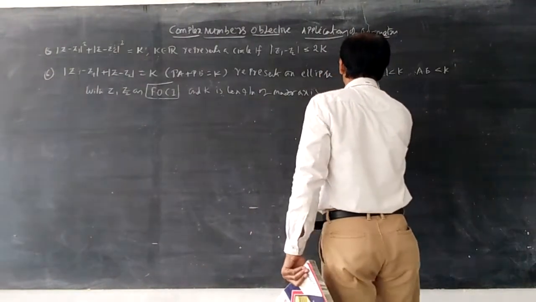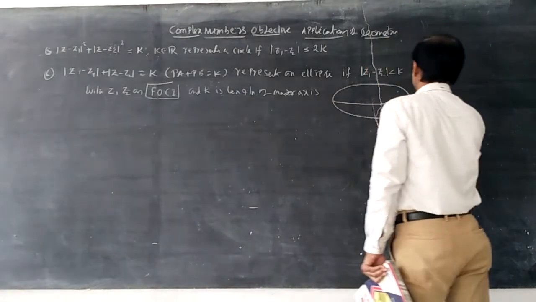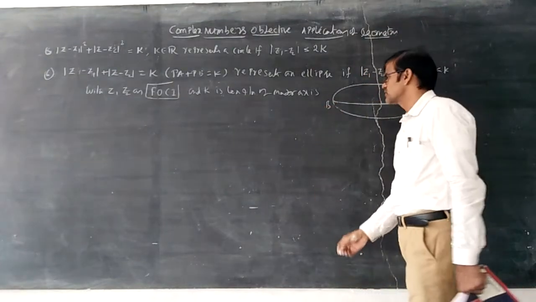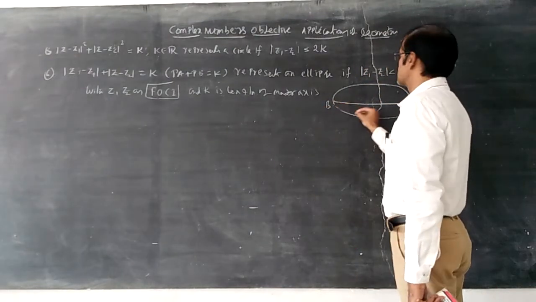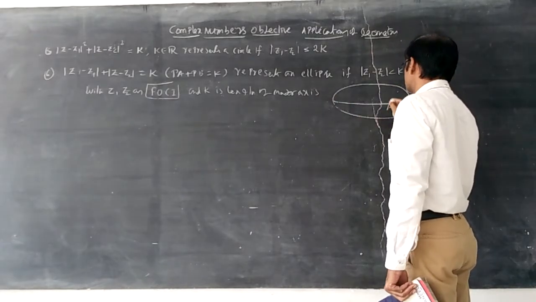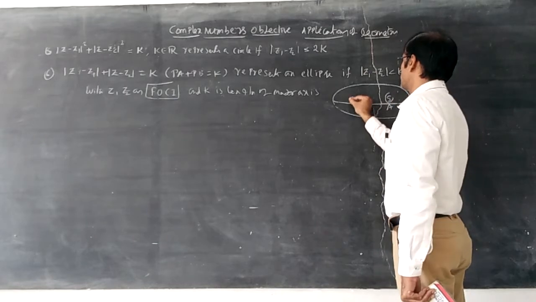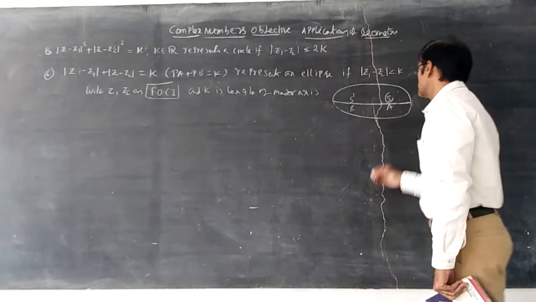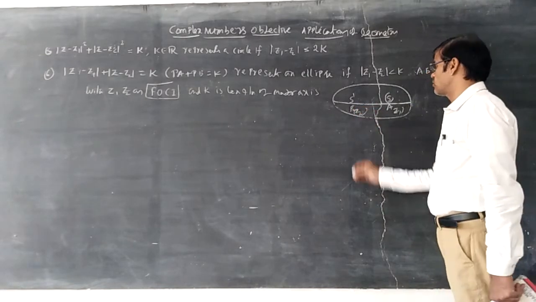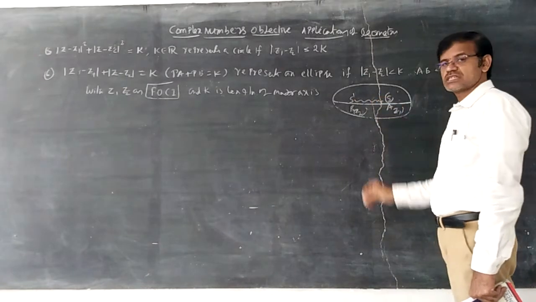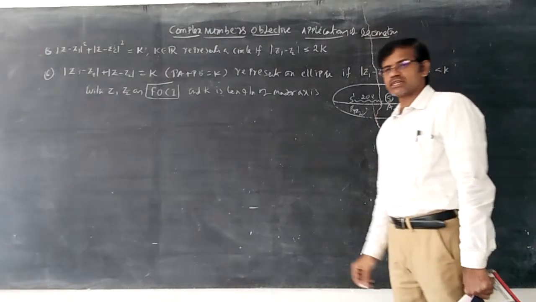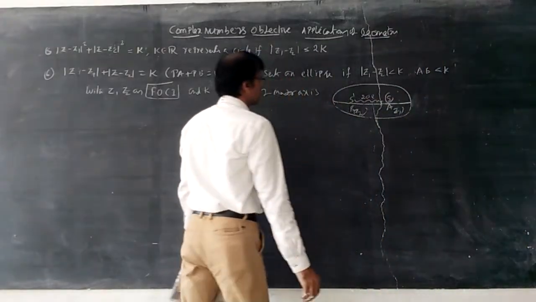Here, writing the diagram like this. This is A, this is B, and of course this is A dash. These are two fixed points. This is the original notation: this is the focus S, this is the focus S dash. Here we are indicating with A, B. This is A, z1, a complex number, and B, z2, is another complex number. S S dash is the distance between foci. Distance between foci is 2AE. E means eccentricity; we will be learning in the ellipse chapter.